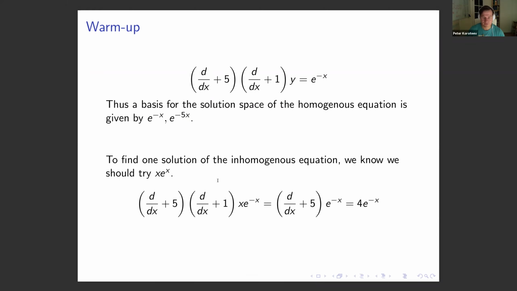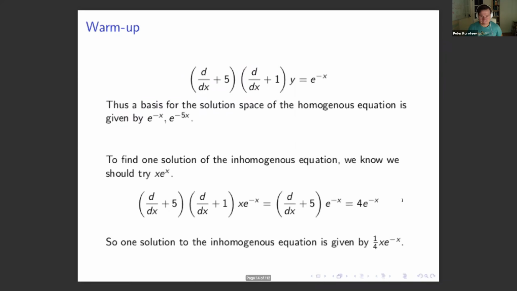We know the action of the first operator on x e to the negative x because these numbers are the same. It's minus 1 here, the solution of this polynomial, so this x disappears, and then here we get 4 e to the negative x. So one solution to the inhomogeneous equation is given by 1/4 x e to the negative x,